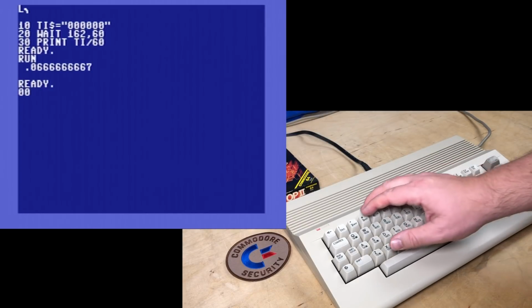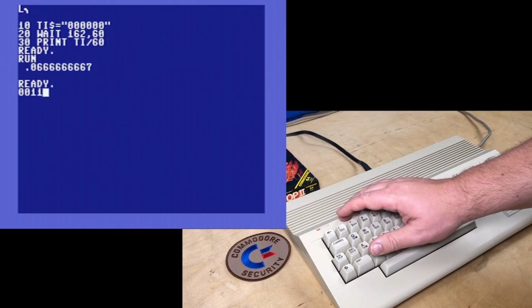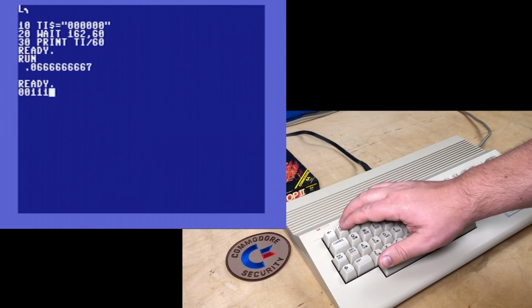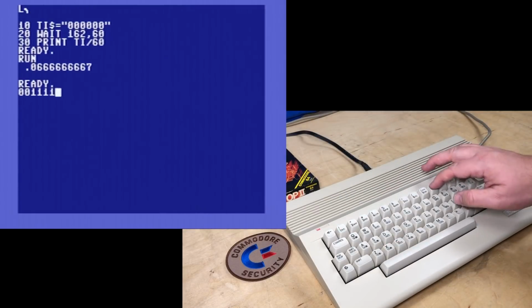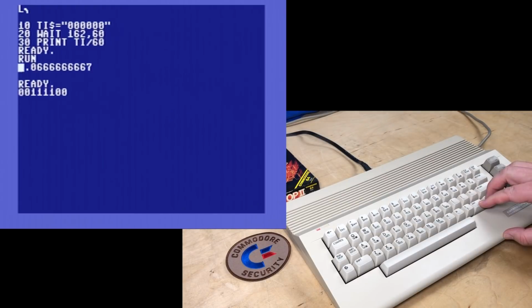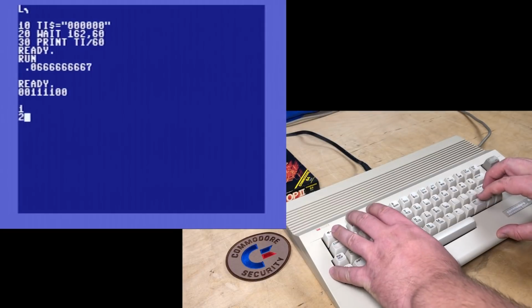60 in binary is actually 32 plus 16 is 48 plus 8 is 56 plus 4 is 60. That's what it looks like in binary. Because of how this wait command works, it waits for any of these bits to be true. It essentially peeks location 162, does a logical AND with this value, and as soon as it's non-zero, it's done waiting and moves on. So what really happens is that with this timer that's counting up from 0, 1, 2, 3, 4, as soon as this bit is true,